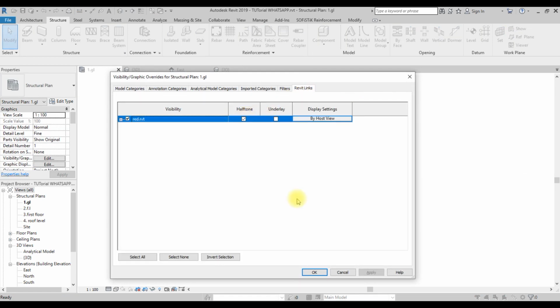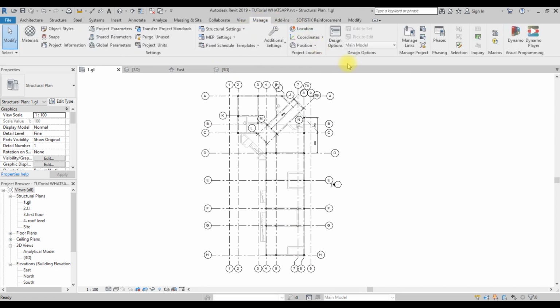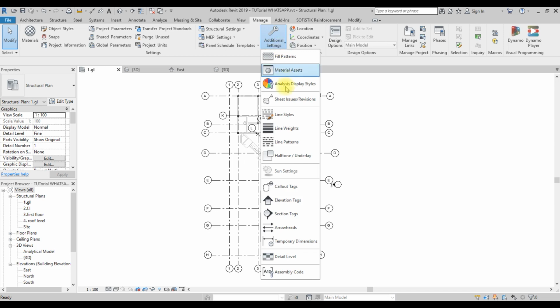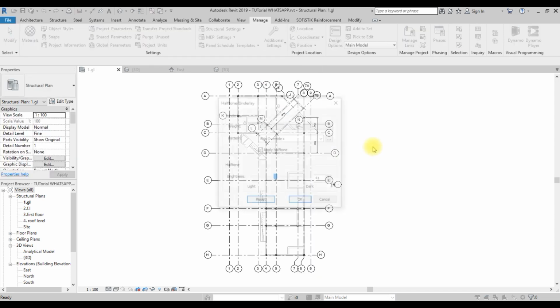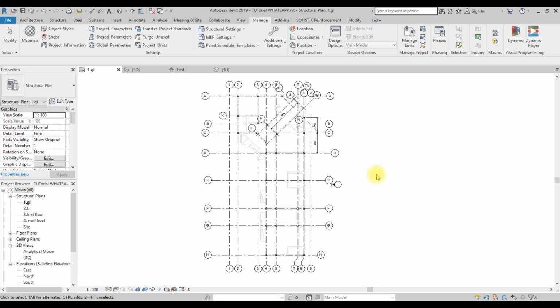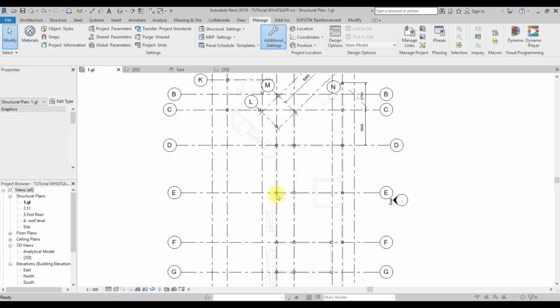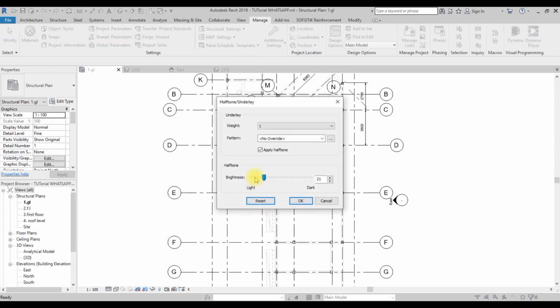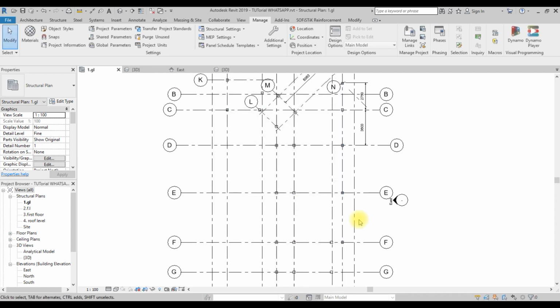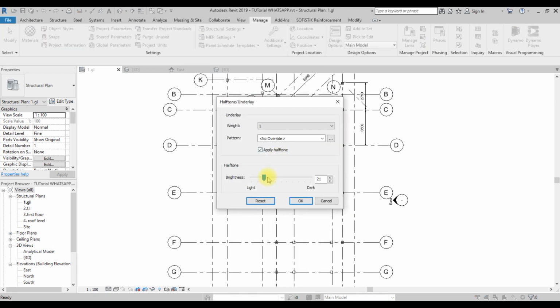Make sure your halftone is thick, and you can come to your manage tab and come down to your additional setting and come down to your halftone and underlay setting, and you can reduce it very well to 21 or so. So it's very faint more. You can reduce it more if I want. I can put it on, let's say, 1. I can barely see anything here like this, so I'll leave it on. So it depends. And the line weight is on 1.